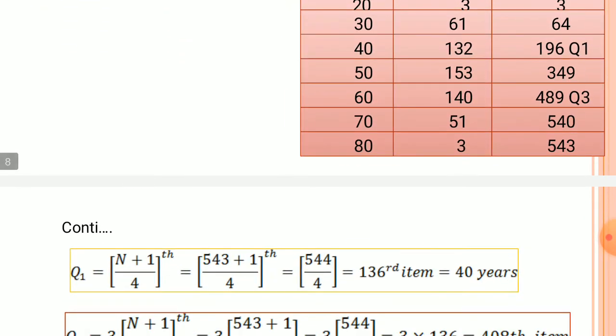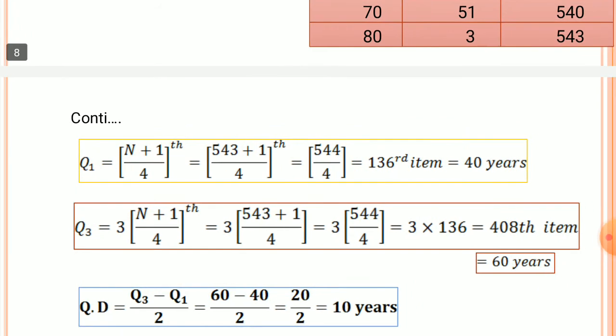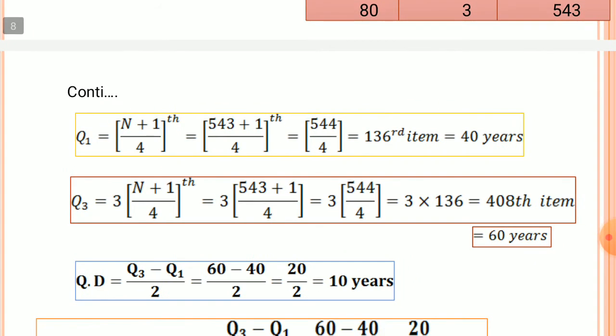So after converting f into cf, cumulative frequencies, then find q1 and q3. So already you know how to calculate q1 and q3. So q1 is equal to (n plus 1) by 4th. N means total frequency. This is another thing which you should keep in mind that except in the